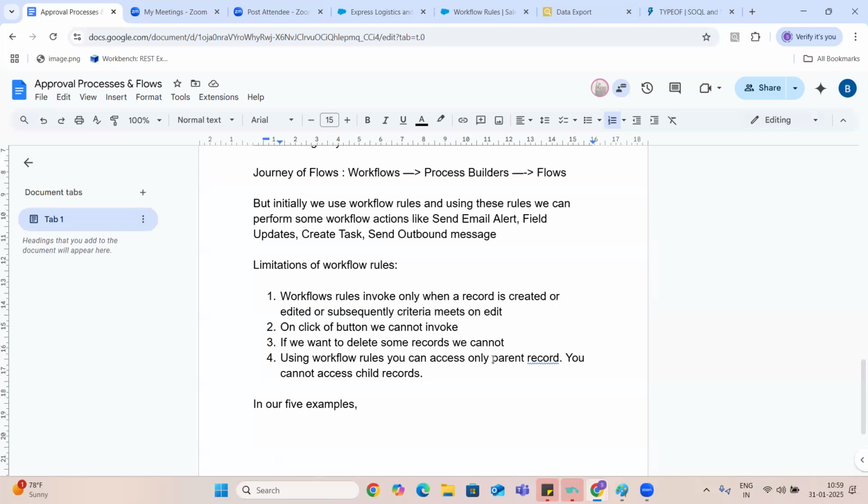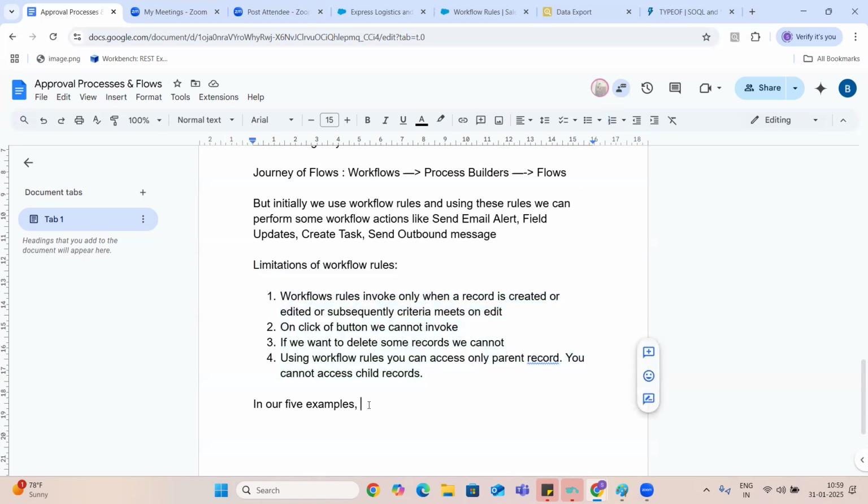Because we have stopped using these workflow rules around last 8 years, I can say. From the last 8 years, nobody is using workflow rules, guys. Okay. Because all these limitations are overcome through the process builders.